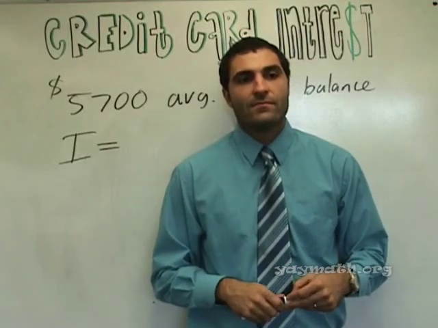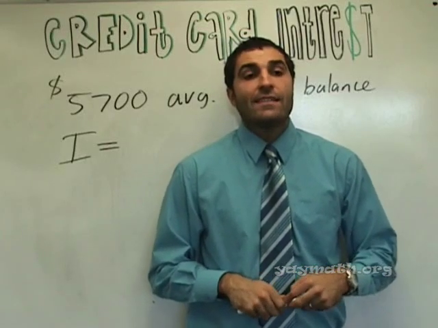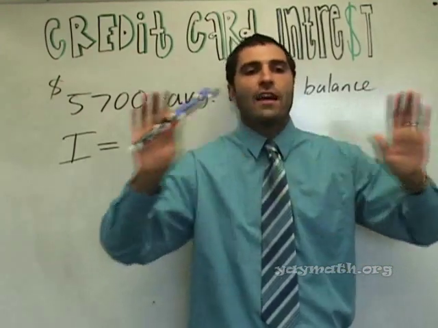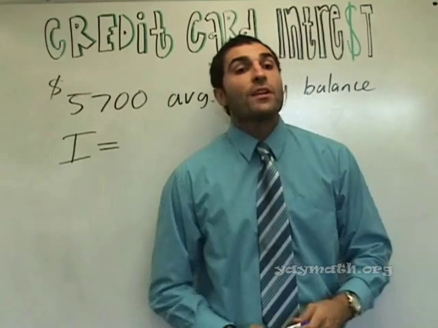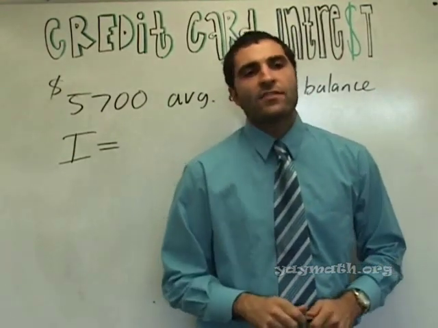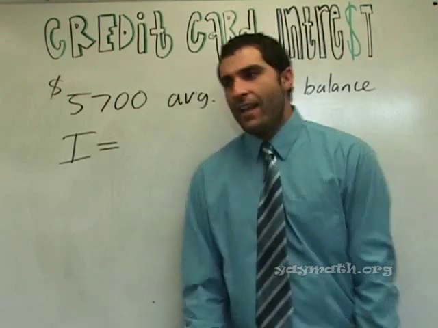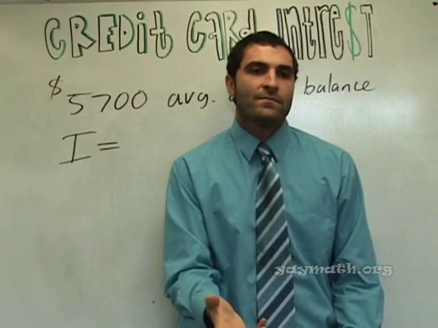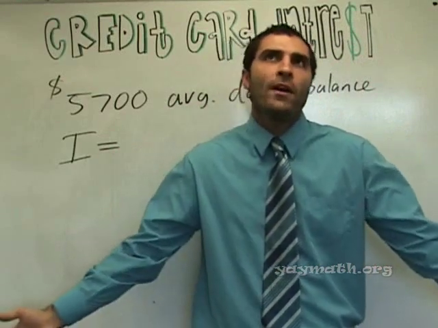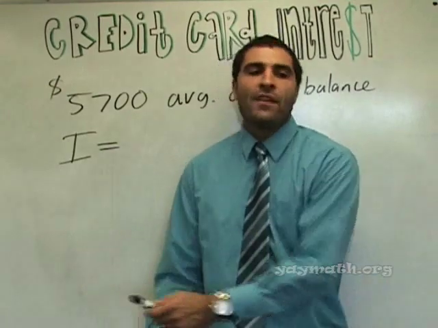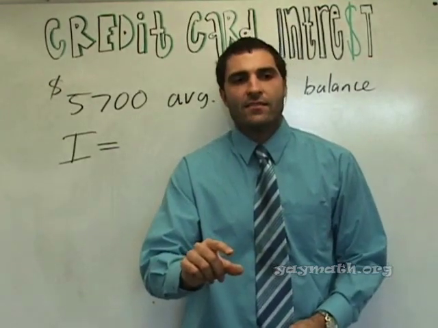So the interest just accumulates overall. It's an average, an aggregate. It's like a snapshot of the entire month. Because what if the whole month we owed $20,000, and on the last day we made so much of a payment that eventually we owed 5,900? The credit card company is like, wait, the whole month you owed us 20 grand. So we have to charge you for what you owed us on the month, not just on the last day. Does that make sense?